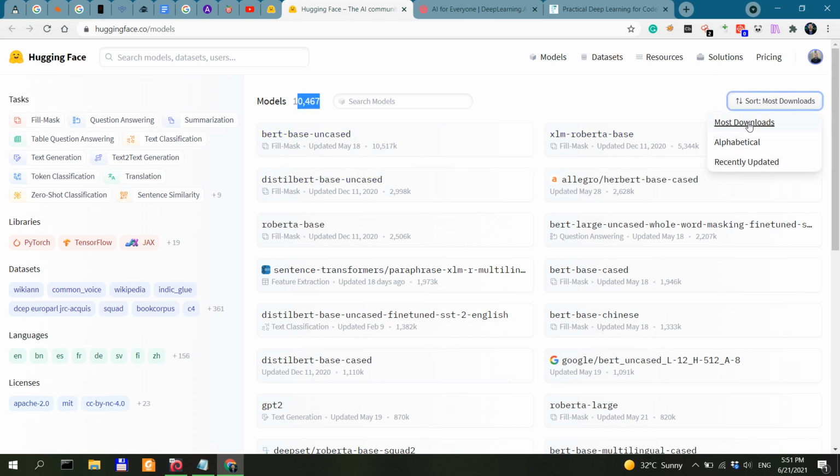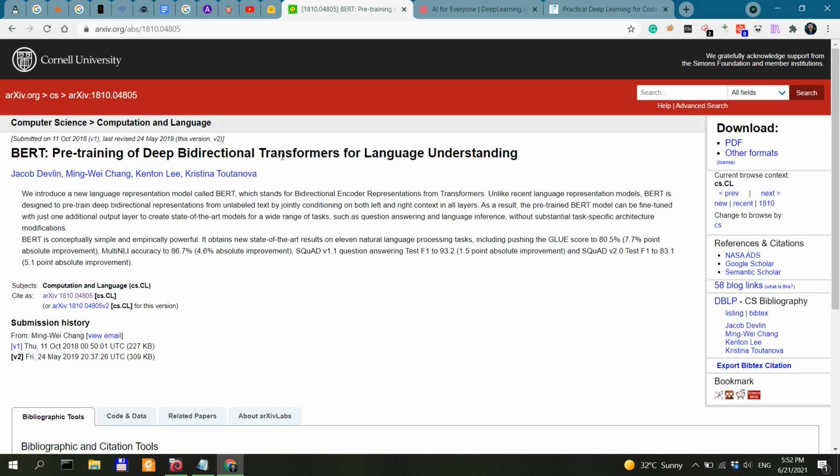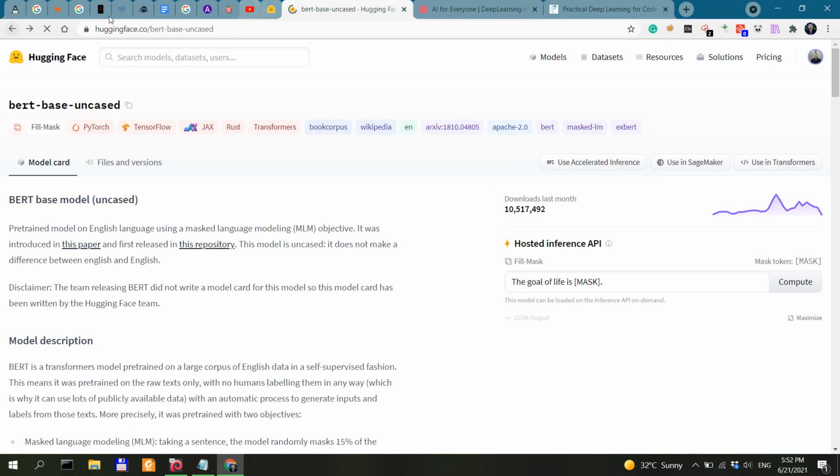And if we look at BERT, we can see: bidirectional encoder representations from transformers. All right.